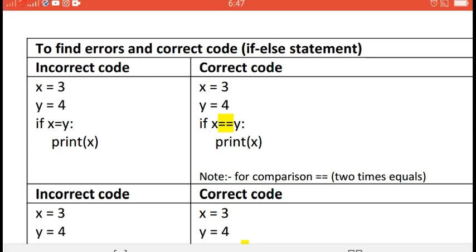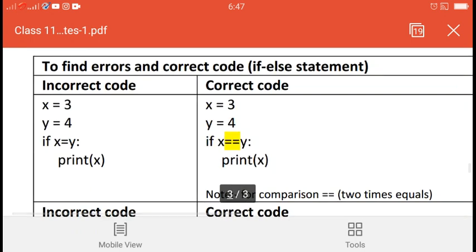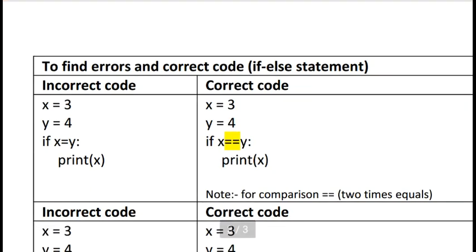Okay students, you can see in this example, we find errors and correct the code in if-else statements. First, the incorrect code: x is equal to 3, y is equal to 3, if x = y, then colon, then print x.